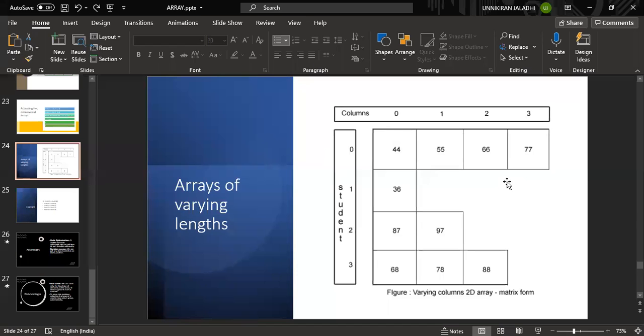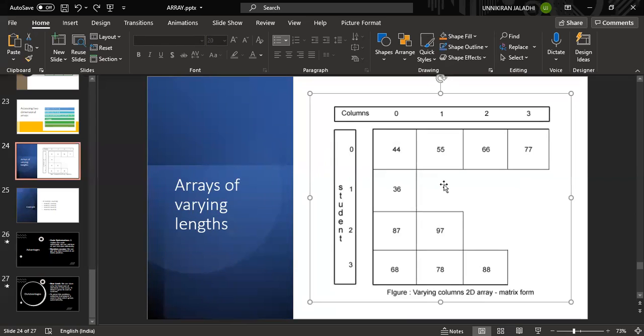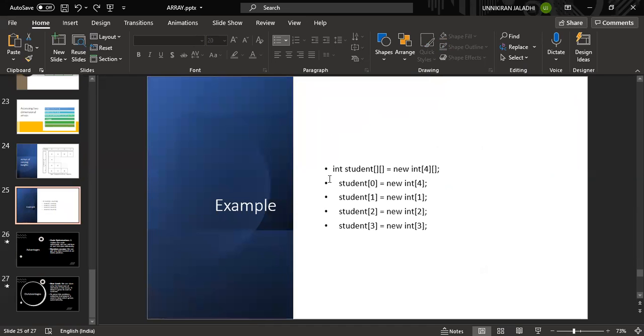Yeah, we can't restrict the user. It should be dynamic. And the memory allocation should happen at the time of dynamic memory allocation. All these things will be taken care of by the JVM. Just leave the JVM aside. We are discussing an array, so how it varies the length. Okay, next thing. I will give you an example on this. Wait a second.